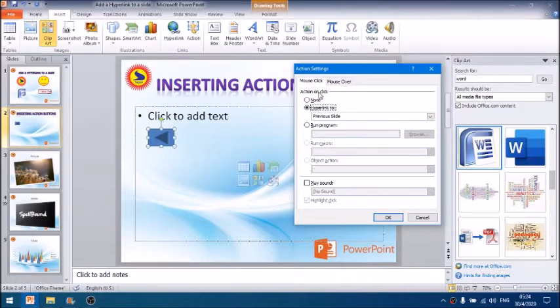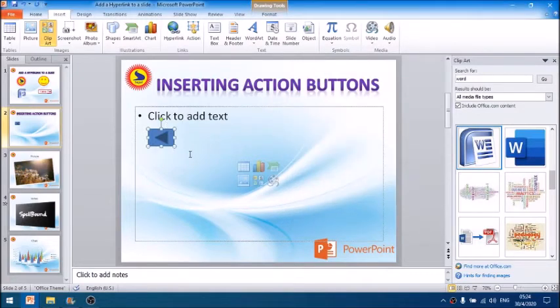Here, action on click, you have to choose the hyperlink to, and I want to go by clicking this action button. I want to go to previous slide, and after I am done, I am clicking OK. So I am doing the same to create one more button. I am going to insert, Illustrations group,